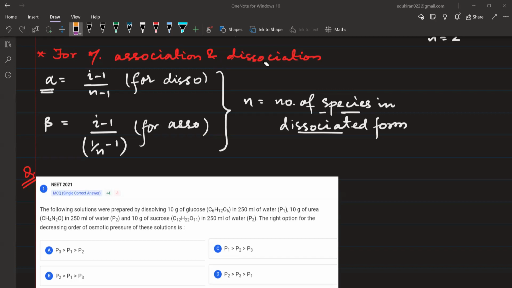Yes Hanifa, tell me. Urea. Urea will have the least molecular mass. Very good. Urea and then उसके बाद ग्लूकोज। है ना, तो यूरिया का ऑस्मोटिक प्रेशर सबसे ज्यादा होगा, और उसके बाद ग्लूकोज। सो यूरिया इज P2 एंड ग्लूकोज इज P1। P2 इज ग्रेटर देन P1 कहाँ पे है? B। P2 P1 P3। हाँ,